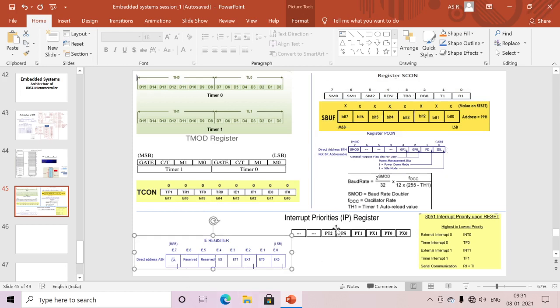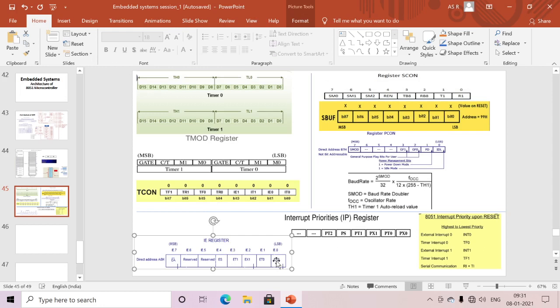Next, the last two registers are interrupt priority and interrupt enable. We have five interrupts: INT0, Timer 0, INT1, Timer 1, and for serial communication there is only one interrupt, either TI or RI. At a time only one interrupt will be triggered. Here is the interrupt enable register. For example, if I want to enable all the interrupts, I need to set all the lower 5 bits to 1, and also EA should be 1.